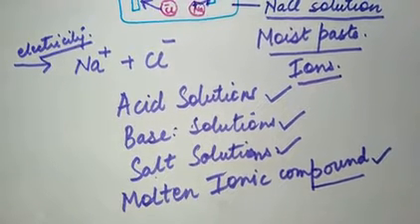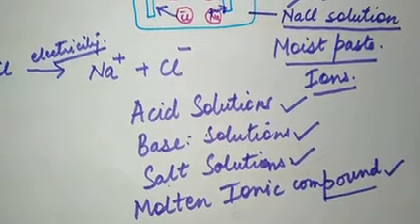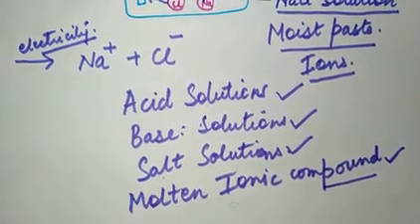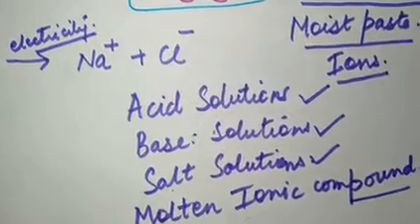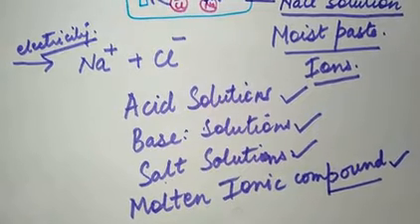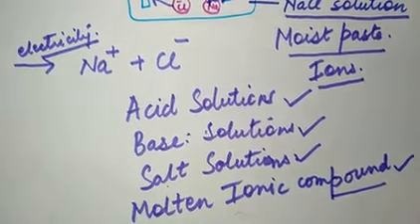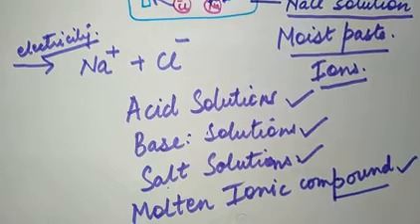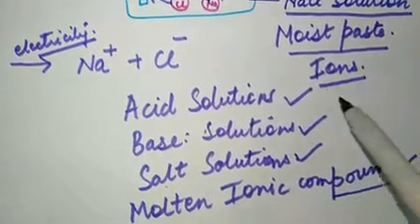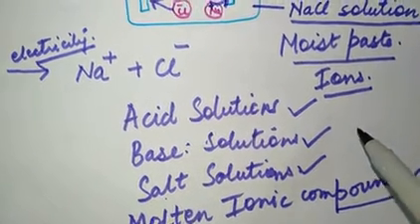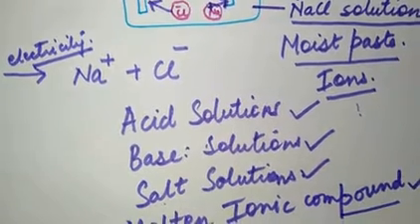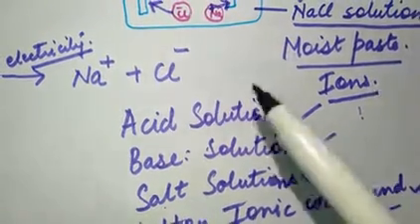Do remember that solids conduct electricity because there is a flow of electrons there. There is a difference between electrons and ions. Electrons are negatively charged particles present in the atom, and ions are the charged particles formed by losing or gaining electrons. So there is a difference, and liquids conduct electricity due to the flow of ions, because ions are produced, that is why they can conduct electricity.